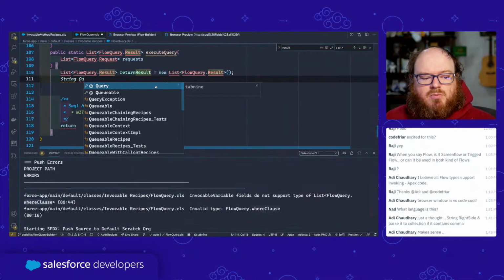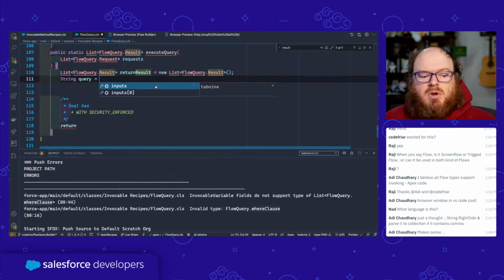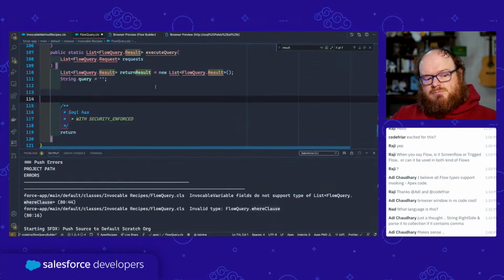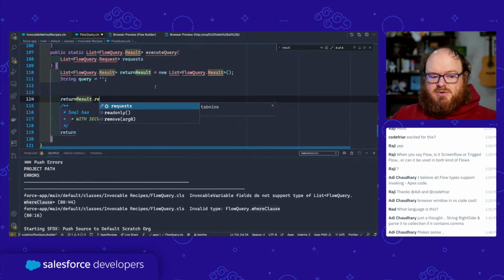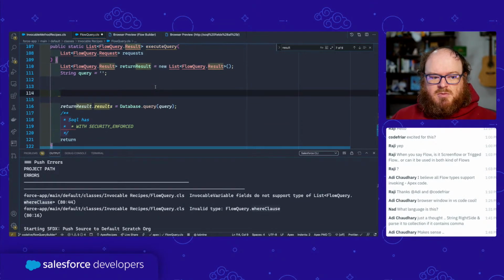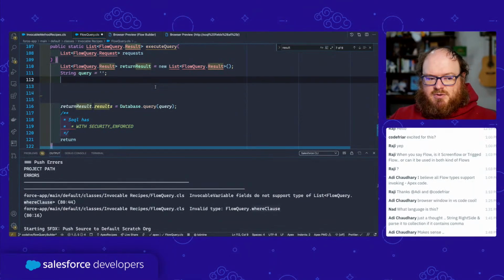String query is equal to that. And I'm just going to say down here, we're going to say return result dot results is equal to database dot query, like this. And so down here we're going to have to do this: query plus equal to